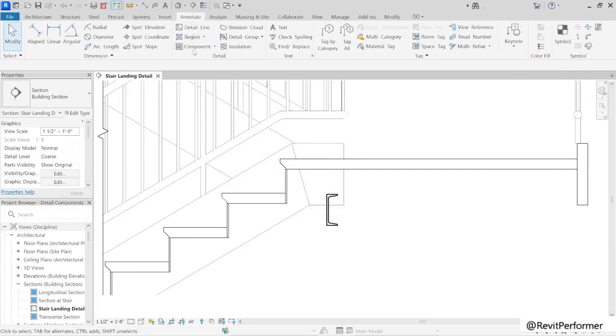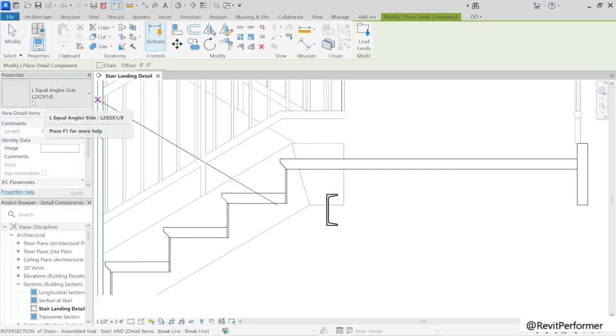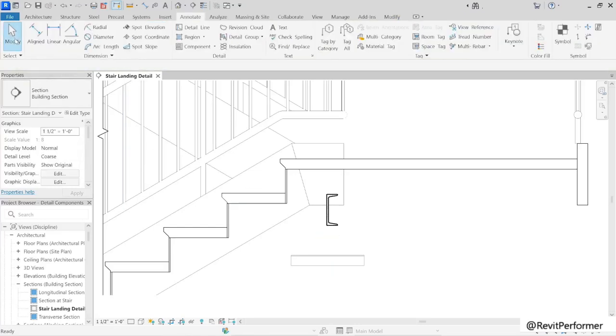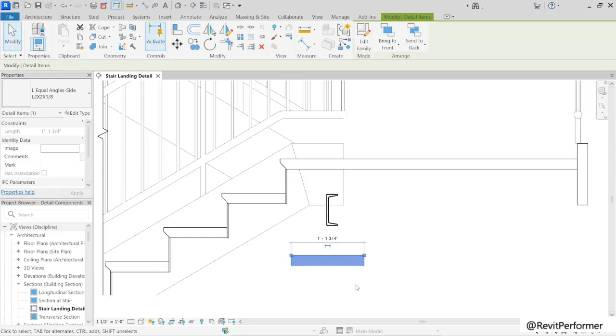click OK to load it, and then go back to the component tool. It should already be on your cursor here now on the properties palette. Now this family in the Imperial file is a 2-pick family, meaning that you're going to click the start point and then the end point to draw out the length. If you're working in metric, you're just going to click and it's going to come in at a standard length. But in either case, when you're done, you can click the modify tool, come back and select the element that you've drawn, and then you can change the length using the temporary dimension. So let's use 6 inches Imperial or 150 millimeters in metric.